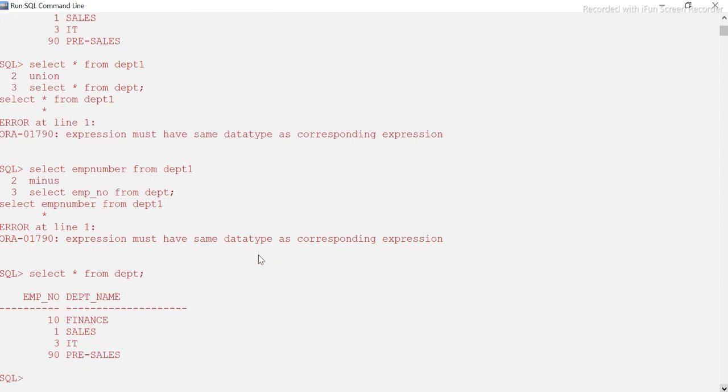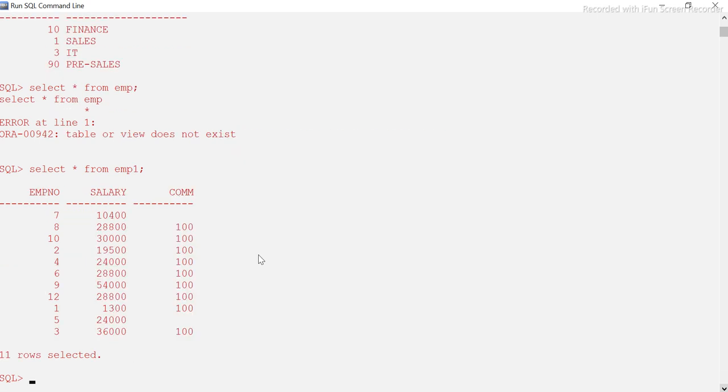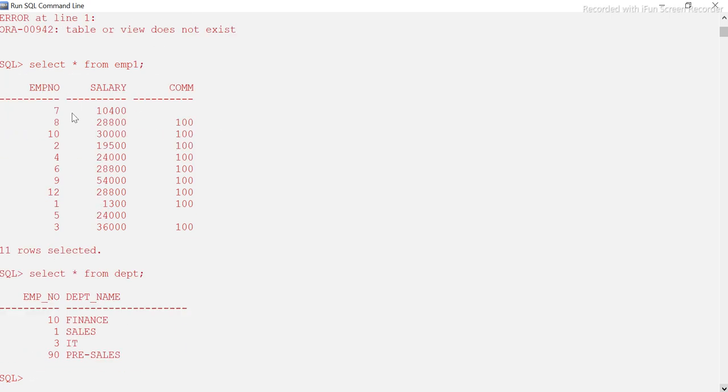Now in this case, let's say I'm going to put a join here. I have the employee table here, EMP1. EMP table has employee number, salary, commission, these three columns, and here employee number and department number.